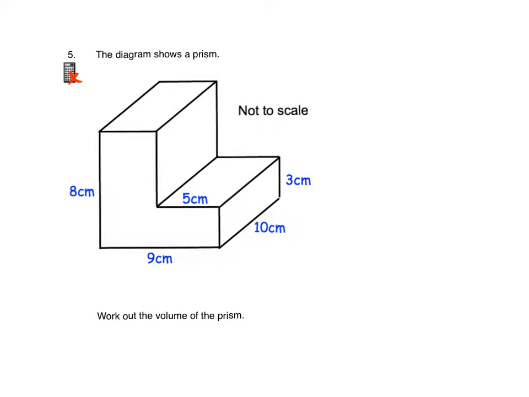Here we have a compound shape. Okay, so we have essentially two rectangles stuck together to make an L shape. So I'm going to say that I'm going to cut it this way. Now I know that this length here is 5 and this one is 3, so this must be 15 centimeters squared. Now if this length is 5 and the whole base is 9, we must be left with 4 here. So it'd be 4 times 8, which is 32 centimeters squared. So the total area is going to be 32 plus 15, which is 47,